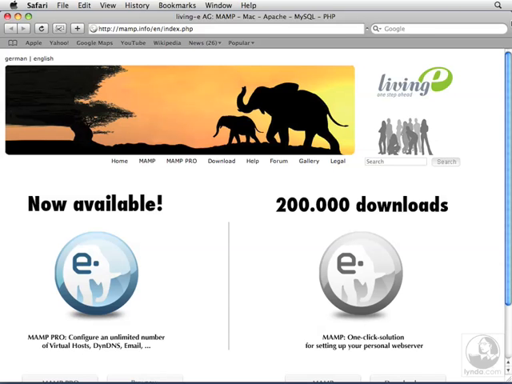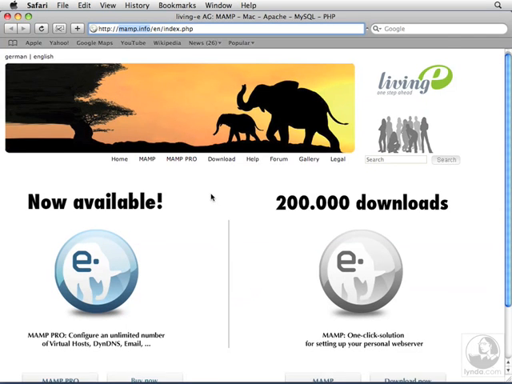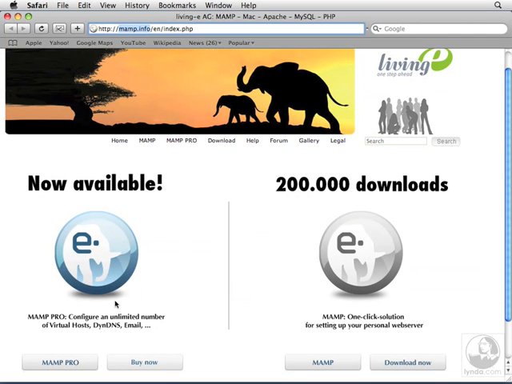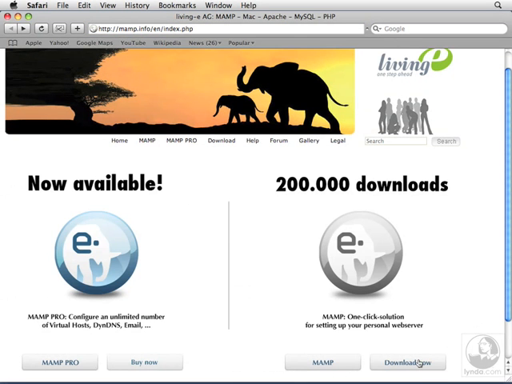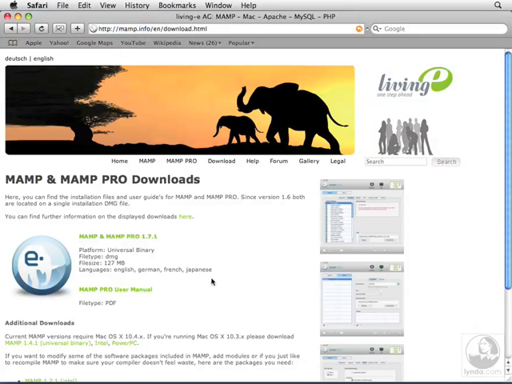of Drupal. The first place that we need to go is to this website, which is at MAMP.mp4. Once there, you'll see that there are two versions of MAMP available. The one on the left is MAMP Pro, which is a for-pay system, which has some pieces that we really don't need. We're good enough with the ordinary MAMP. You can read more about it by clicking on this button here, or you can just go to the download page by clicking here. Once there, the latest version will be listed here, and you can click on it to